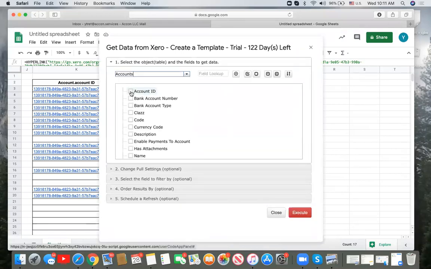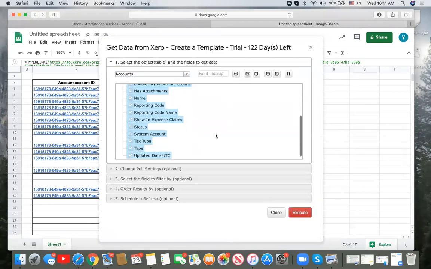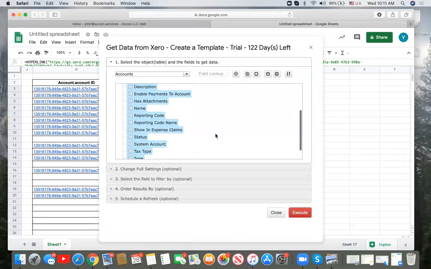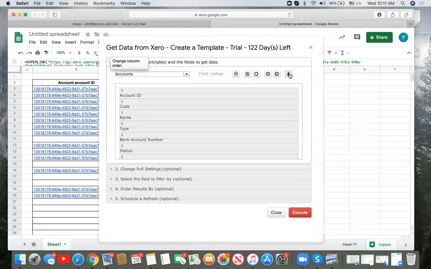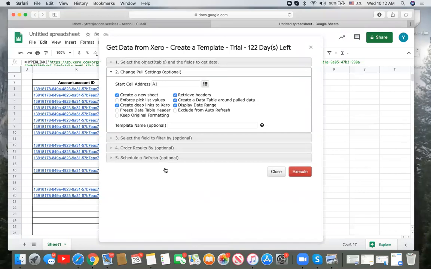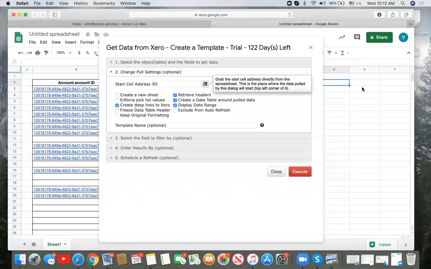I will choose maybe everything. I want to see bank number, bank type, classes, if there are attachments, statuses. So I don't care much. Do I need to change the order? Probably not, because this is my last table. I will definitely go to change pool settings and I will uncheck create new sheet and set it in, let's say, R2. I will put again a reference to this cell. I will put the template name